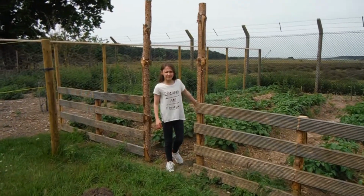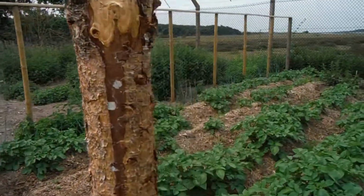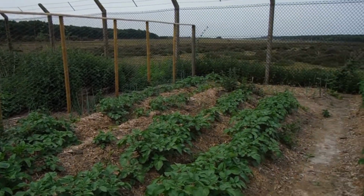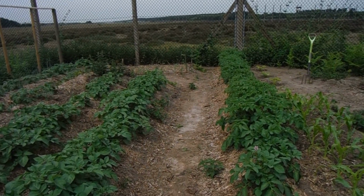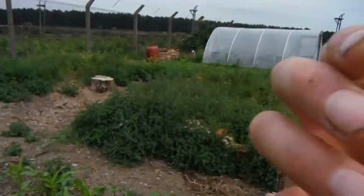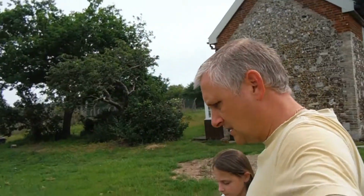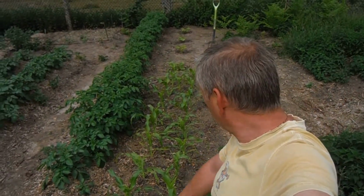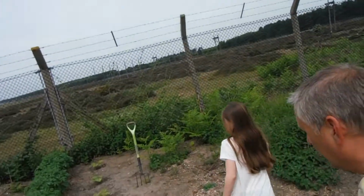This is our potato ranch. Surprise, surprise, there's potatoes growing in it. We've got loads of rows of potatoes in here. I'm guessing we've got about 7 or 8 months worth of potatoes. I think I'm going to be planting some more, a later crop to see us through the winter months. And on the edge here we have sweet corn, a row of sweet corn. We've got more sweet corn going in next week. Up here,